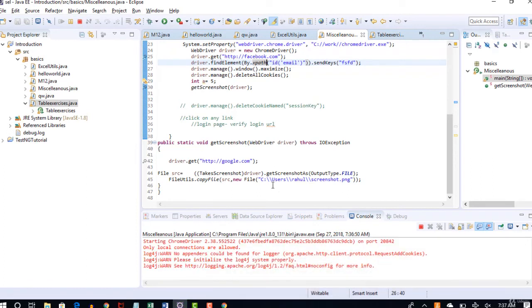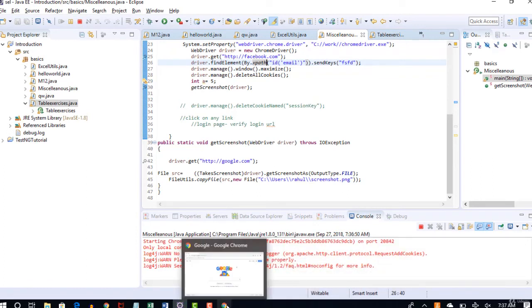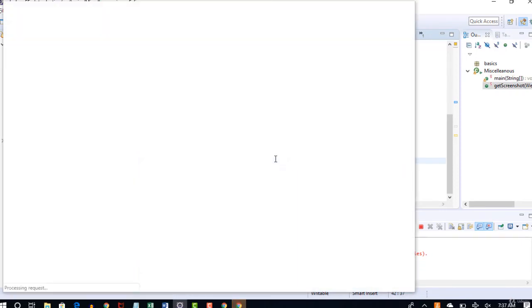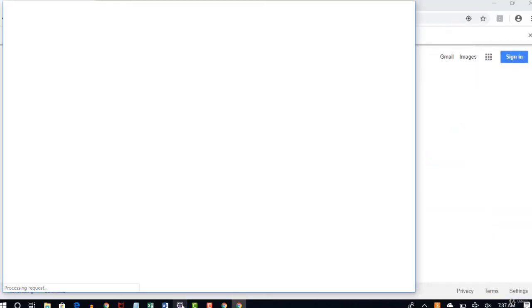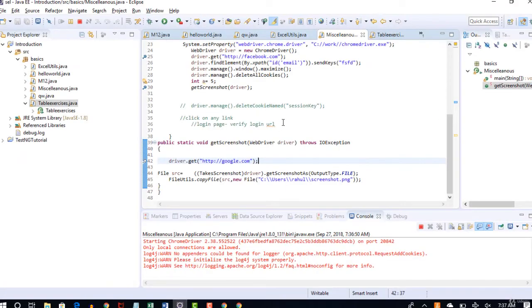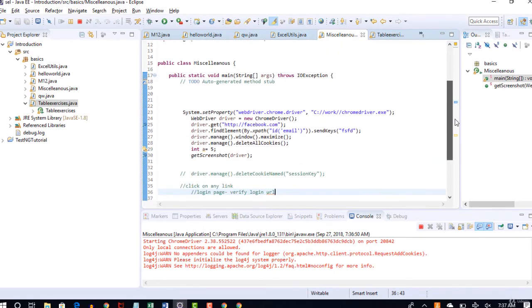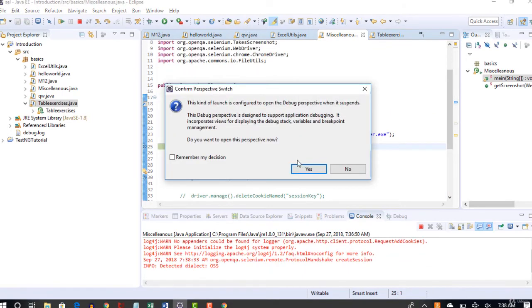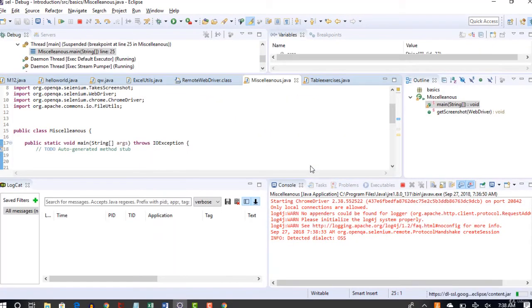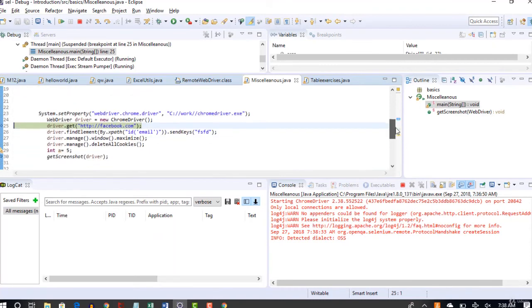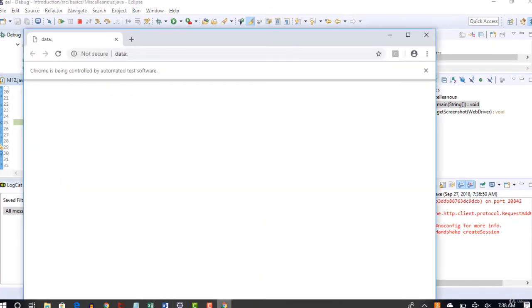Yep, so Chrome is trying, I think, yep, browser is opening, and you will see the result here, and now you will come up with that debug window. To switch perspective, just click on OK. Yep, so click on yes, and now you are in this, you have not still hit facebook.com, right?